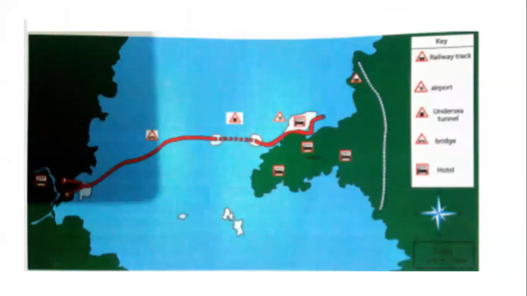Okay, students, on page number 11, you will see this imaginary map, and the author has written about it. You will first study the key. You can read the key, and after that, the author has written some questions. So you will answer the given questions. You can see here island 1, hotels, railway track, and island 2. After that, you will write the answers.